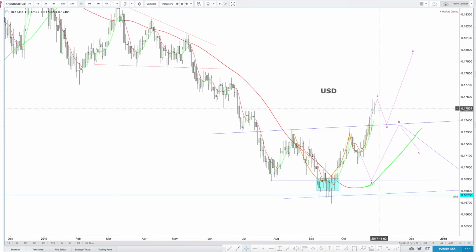So I'm still expecting a little pullback to this neckline and then continuation up into the C area right here, this zone right here. So I am still bullish on USD with a potential pullback, and it's actually 1 minute